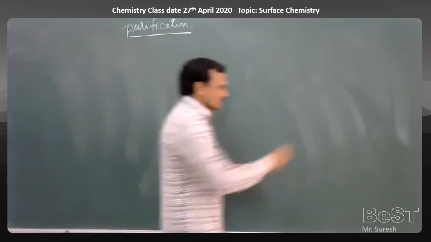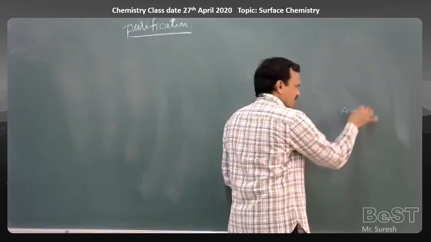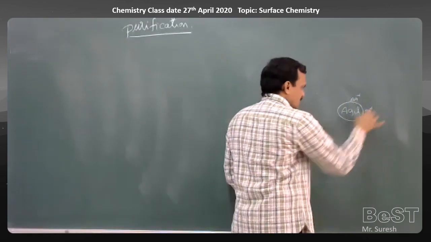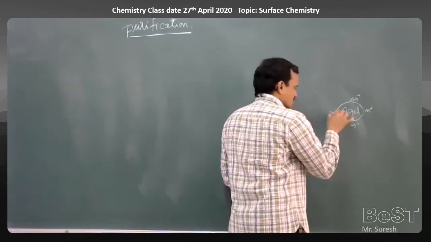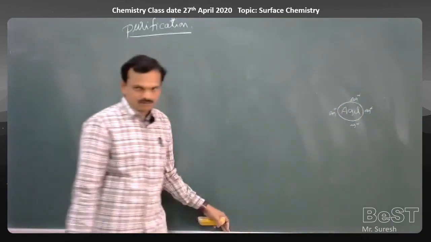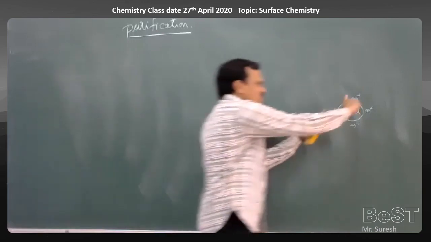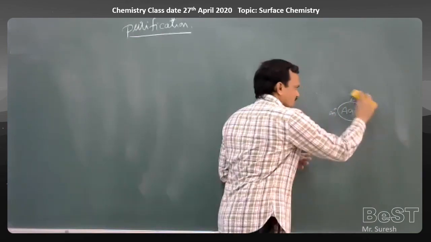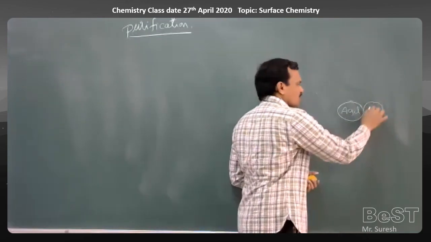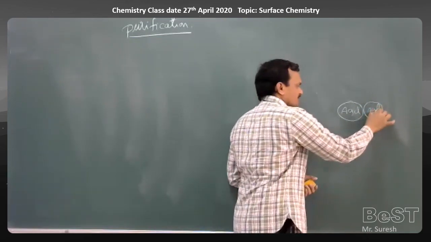As we discussed earlier, when the AgCl precipitate is formed, over the surface of AgCl, Ag plus ions get adsorbed here. And these Ag plus ions which are adsorbed here are responsible for the stability of the colloid. Suppose all these ions are removed, if Ag plus ions get removed completely, again AgCl particles undergo coagulation and get precipitated.